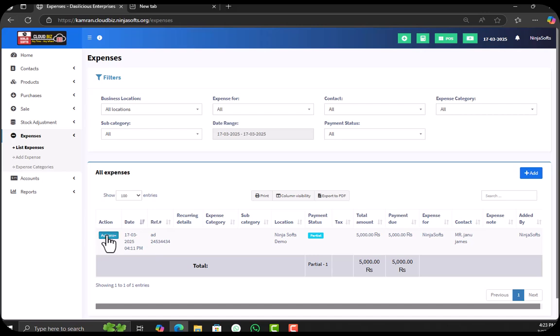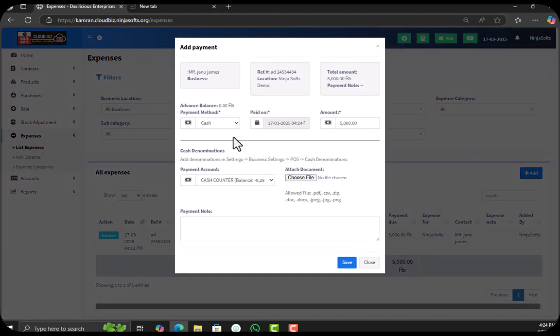Then we click on actions. Then we click on add payment. A box will pop up. Then we select the due amount. Let's say